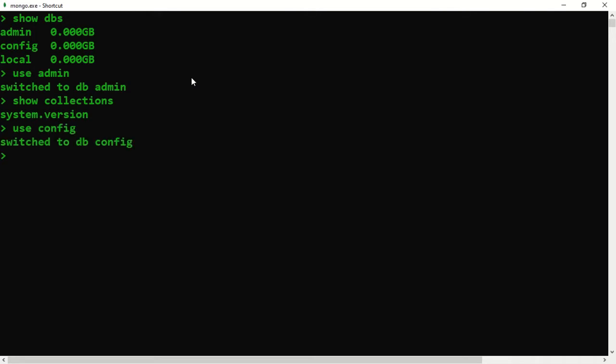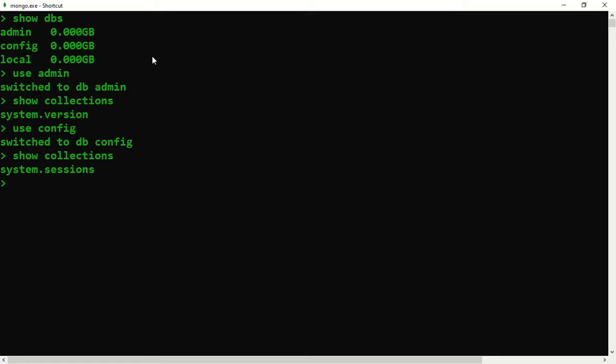MongoDB says switched to db config. That means you are in the config db now. So I'll say the command here, show collections. Oh, there is no space. I have to put a space. Okay, right, show collections, press enter. So here also only one table, that is system.sessions.